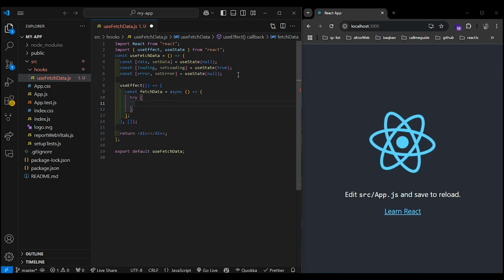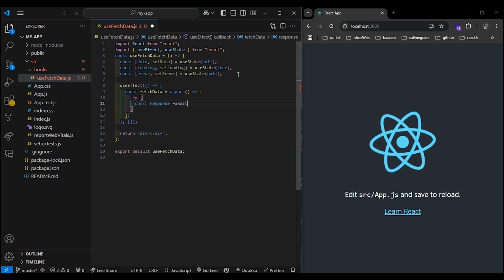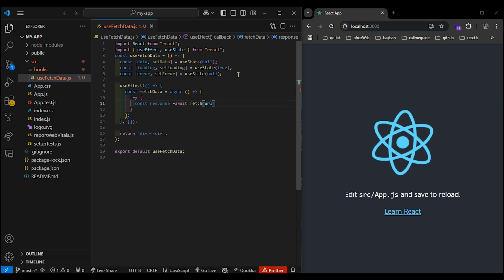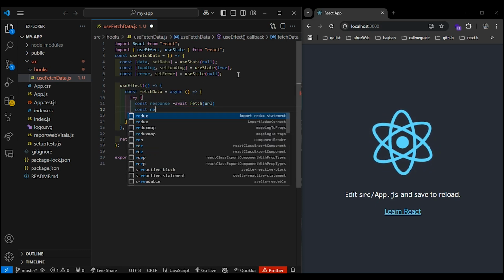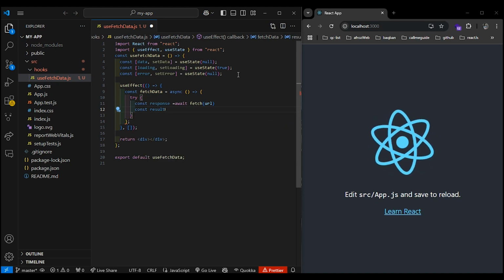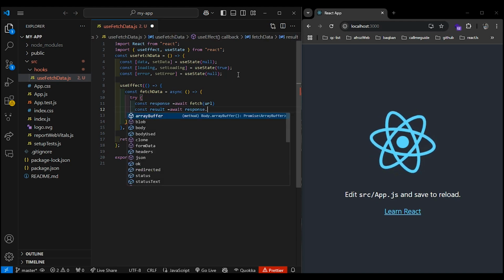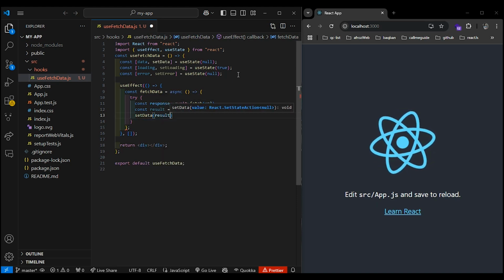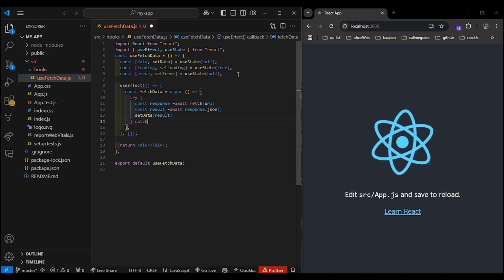and in try, I should write down const response. It's equal to await fetch method and passing just this URL, and the next one is const result. It's equal to await response.json, and the last part is setData. It's equal to result in our try, and in catch we should write down catch error